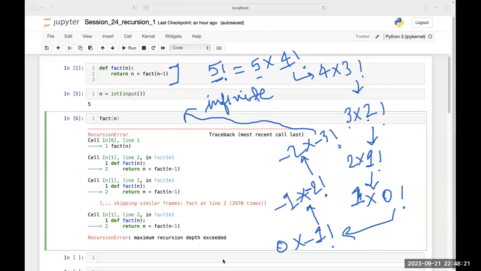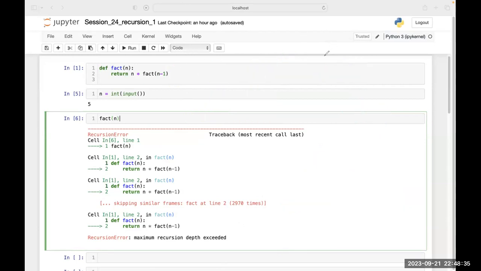And when it reached the maximum depth, it gave me the error. So to avoid this kind of thing, we have to give it a base case. Let's understand what this base case is and how we can give it.